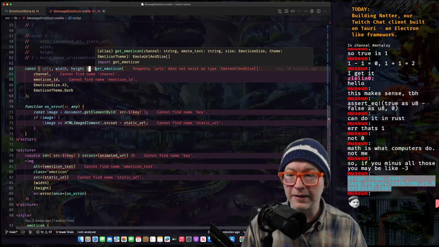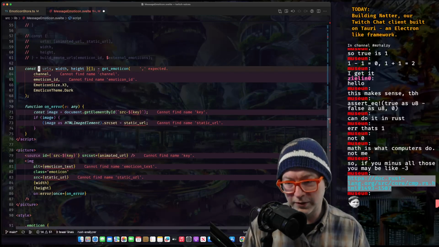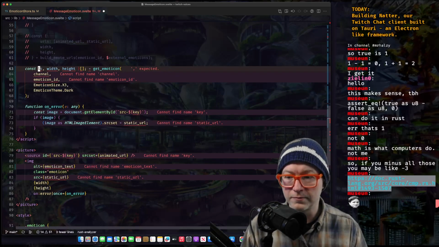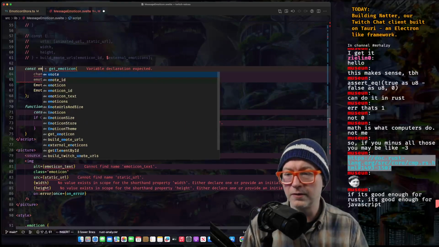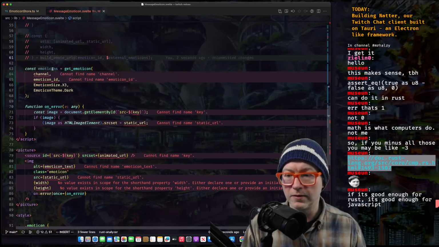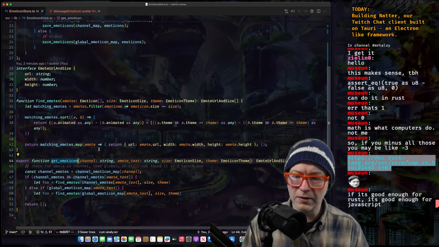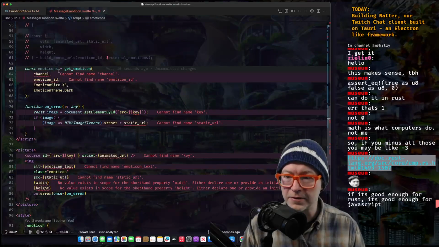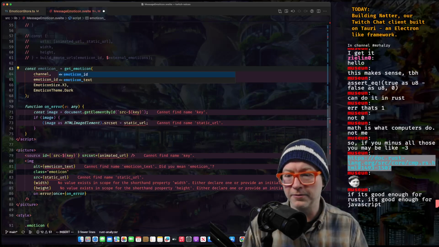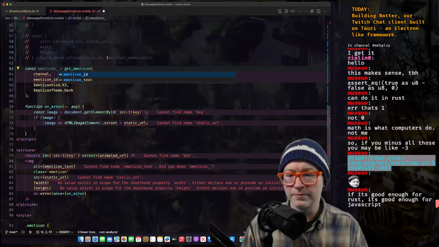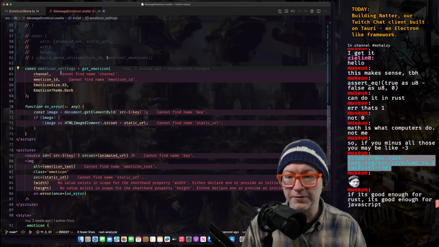And in this case, we're getting an array of these, which doesn't work out very well for us. Let's just call this emoticons or something. Emotes, I don't care. Oh, and that should be get emoticons, plural. No, it is one emoticon, but just all the different representations of it. Emoticon, I don't know. Emoticon settings, I don't know.